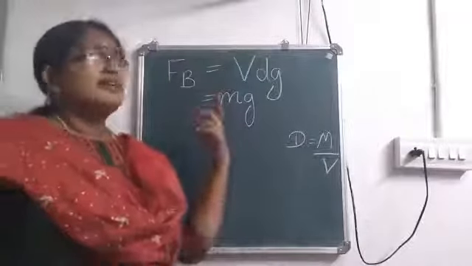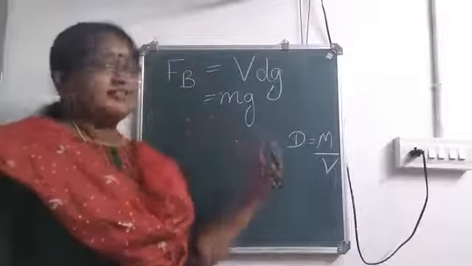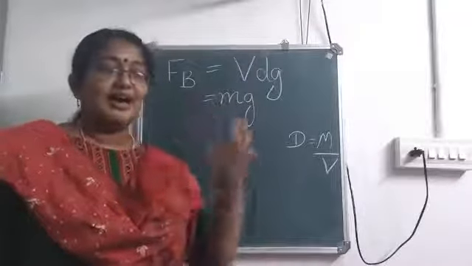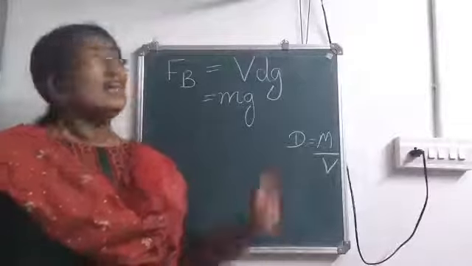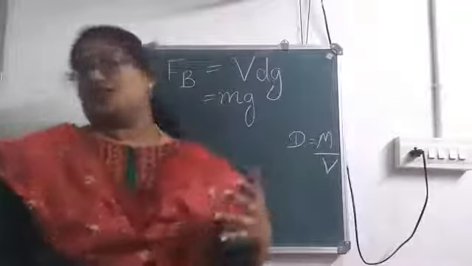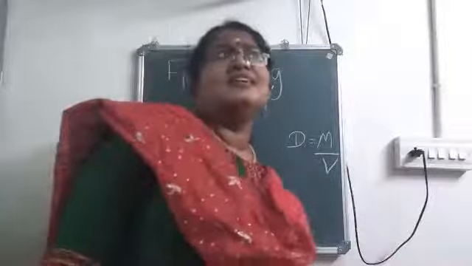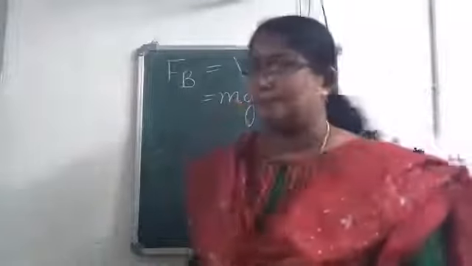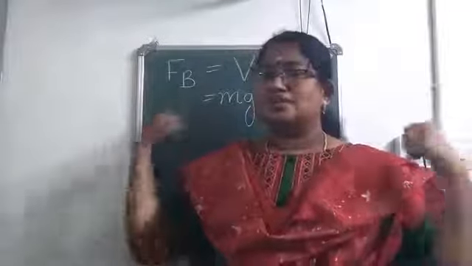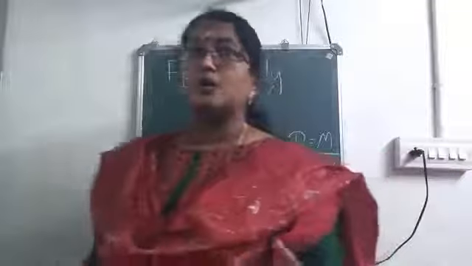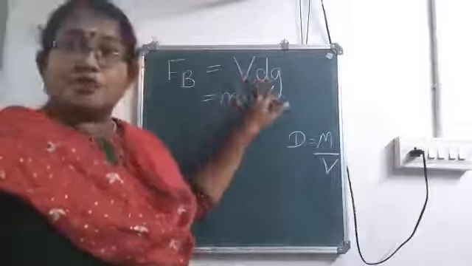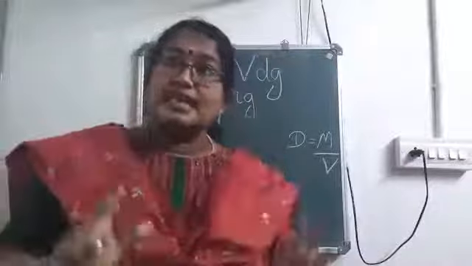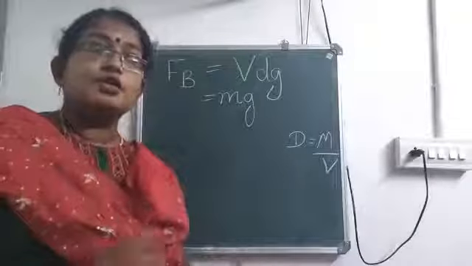Now, we can have another doubt here. Volume means we have considered the volume of the immersed part of the body, but density is the density of the liquid. So if one is about the solid and one is about the liquid, how can we write it as M? So is it wrong? It's not wrong. Volume of the immersed part of the body is the same as the volume of the liquid displaced by the body.